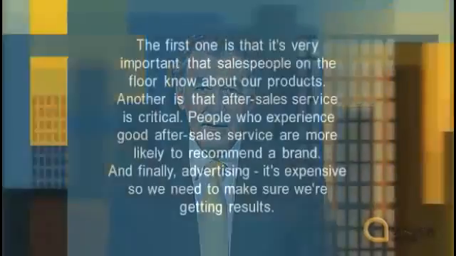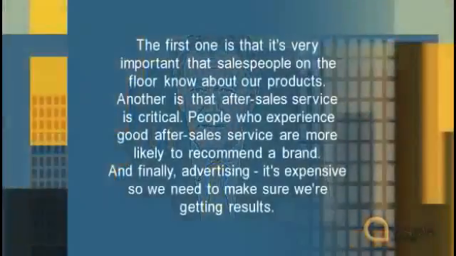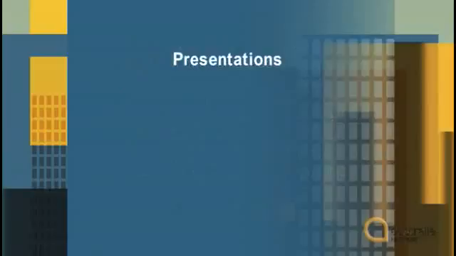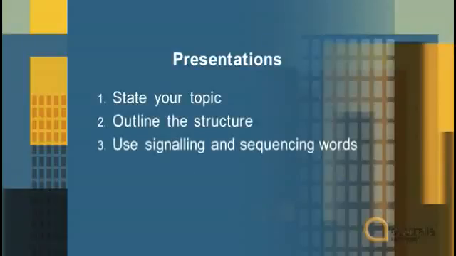Notice again how Tan uses signals for his conclusions. His audience can clearly hear that there are 3. He says, the first one, another, and finally. Notice also how Tan uses adjectives to make his points. You shouldn't use the same words all the time. What are the adjectives? They are important, critical, and expensive. So to summarize, state your topic, outline the structure of your presentation, use signaling and sequencing words,